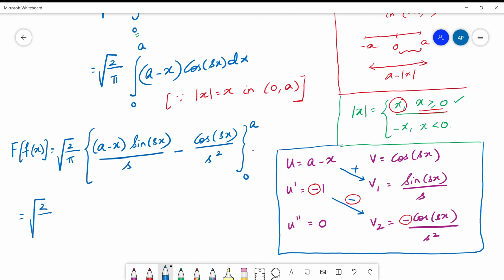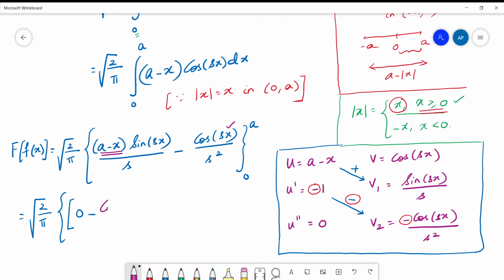So let me see what happens. I start with a curly bracket, put a square bracket for the upper limit. The first term you see is minus a. Now if I replace x by a here, this term becomes 0. So the first term is 0 minus, if I replace x by a here. Now this is x, and I'm replacing x by a.